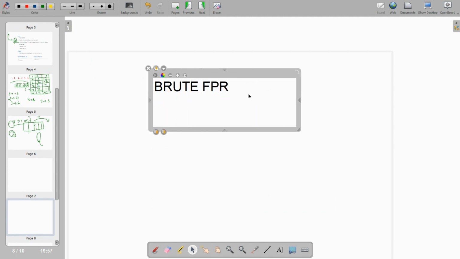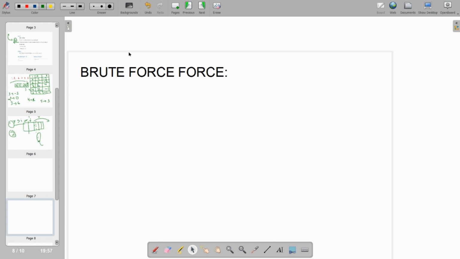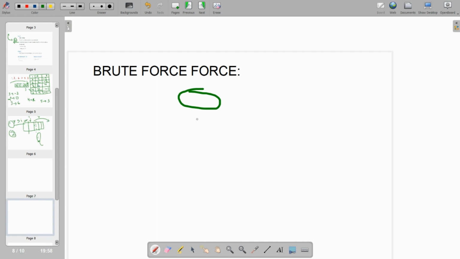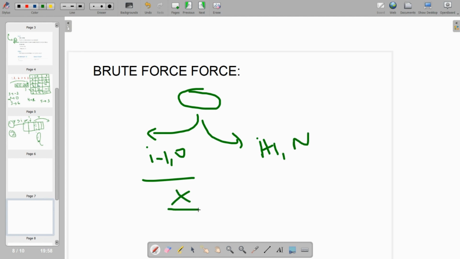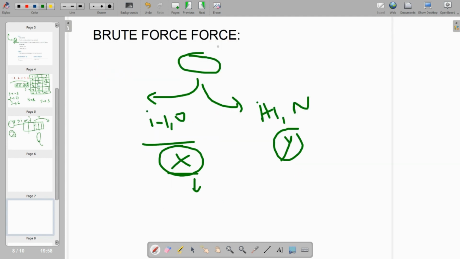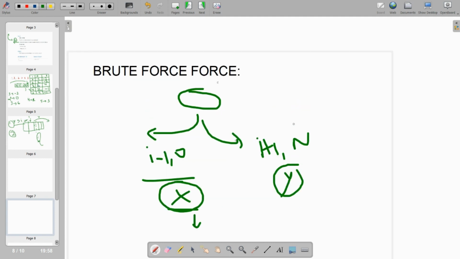I will only discuss the brute force approach, not write any pseudocode. So what is the brute force approach? For every i value, run a loop from i minus 1 to 0, and another loop from i plus 1 to n, and check this is our x value, this is our y value. When you find any greater value, you can break the loop and count. You can store the counts in a separate array of size n, and the same for y. This is the brute force approach, which takes n square time.